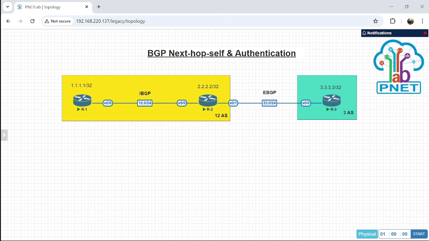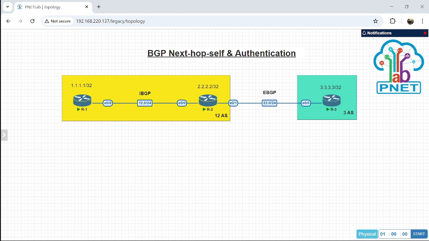Then after that I will check it on router 1 first. Show run section BGP. So you can see here I have the configuration for authentication on router 1 and then router 2. Let me check show run section BGP.